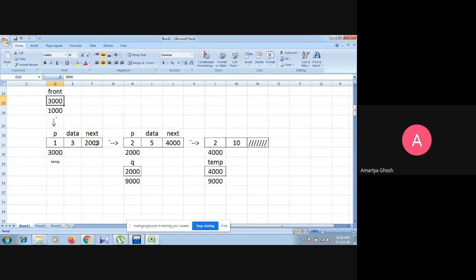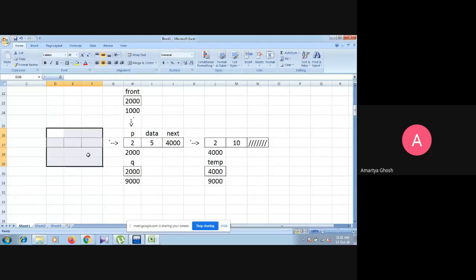You can write front equals to front arrow next or front equals to temp arrow next, because front and temp both are pointing at the front node right now. So its next part can be accessed by both pointers front and temp. So front equals to front arrow next means the first node's next part is stored into front, that is 2000 is assigned into front, and this front will be cut and placed into this location, and thereafter free temp.